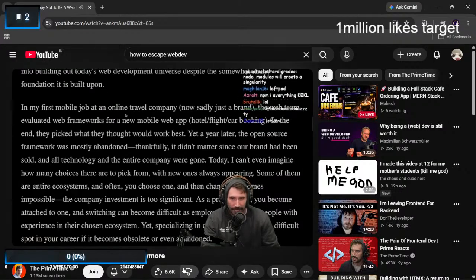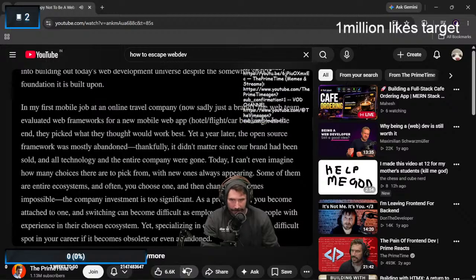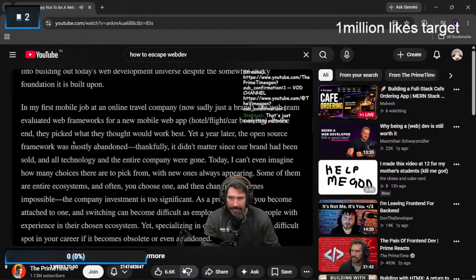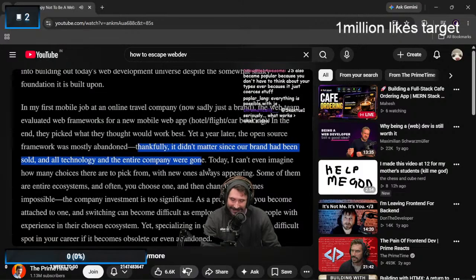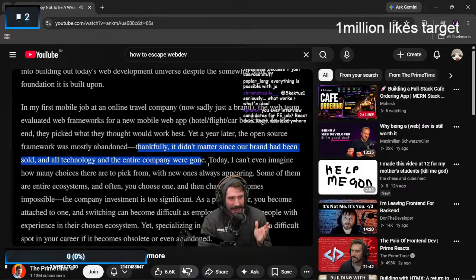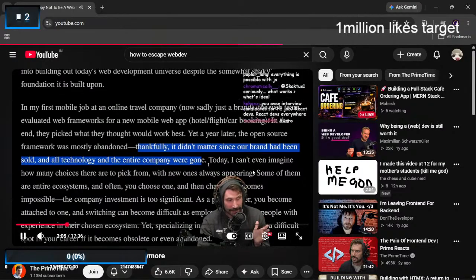In my first mobile job at an online travel company, now sadly just a brand, the web team evaluated web frameworks for a new mobile web app, hotel, flight, car booking. In the end, they picked what they thought would work best. A year later, the open source framework was almost abandoned. Thankfully, it didn't matter since our brand had been sold and all technology in the entire company were gone. I just want you to think about that for a second. Imagine building a company, but your company didn't sell in 1 year, and the thing you